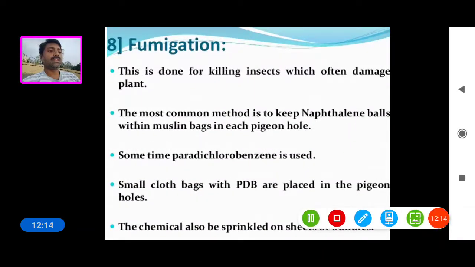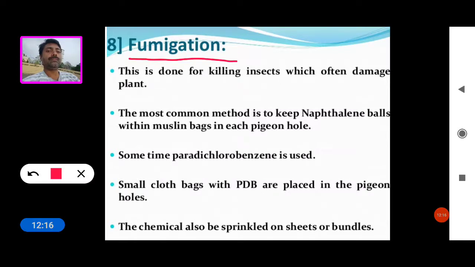So next step is the fumigation. This is done for killing insects which often damage plants.